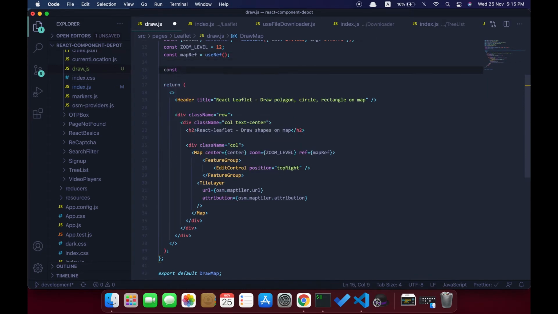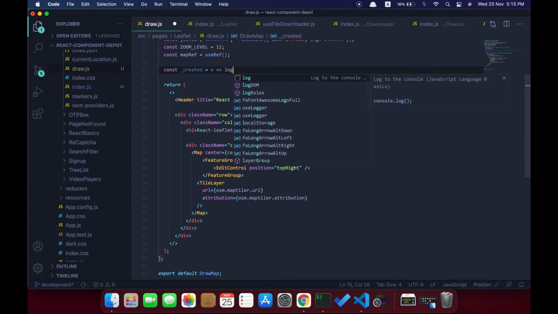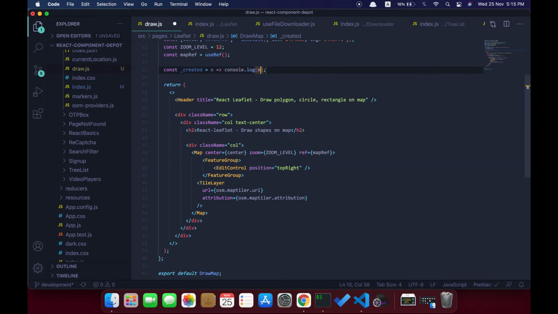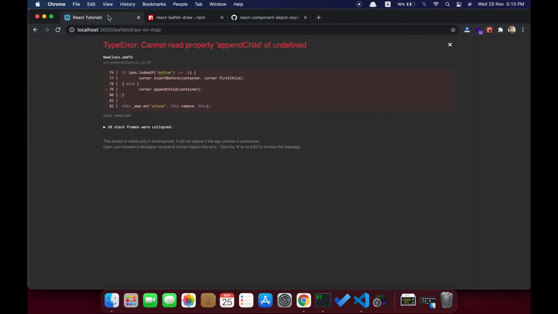Once you create a shape, you need to know what shape has been created and its coordinates. For this you can use this onCreate function. In this demo I'm not going to show how to get the lat long and store it in your state. So we are getting a problem, append child of undefined.